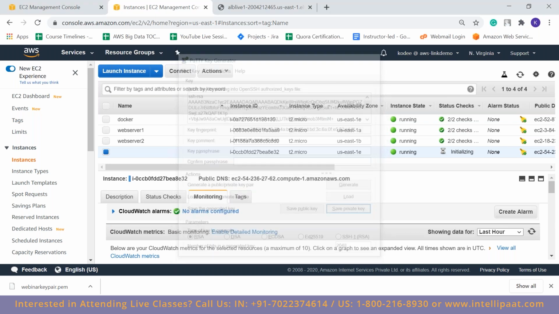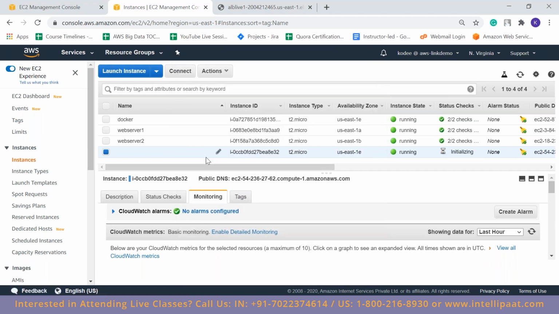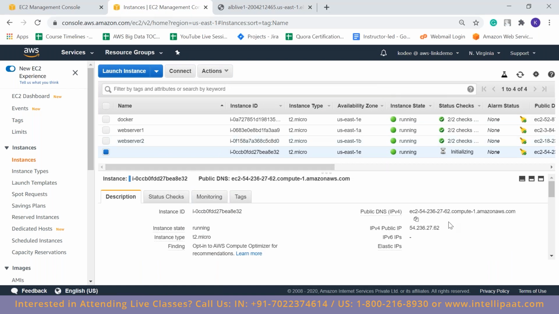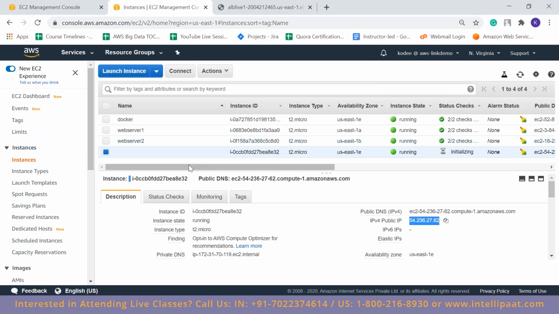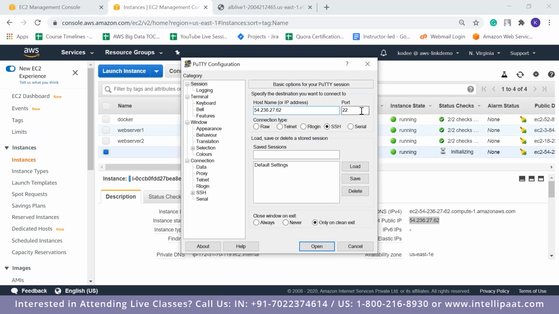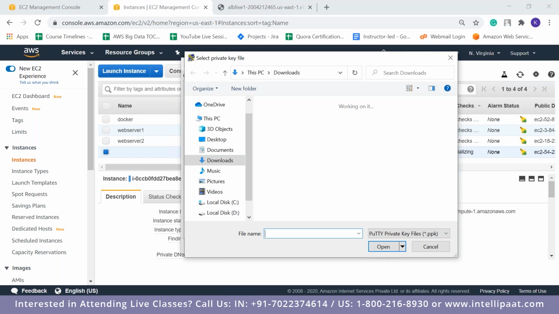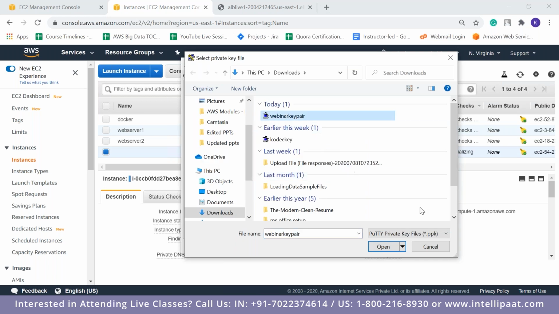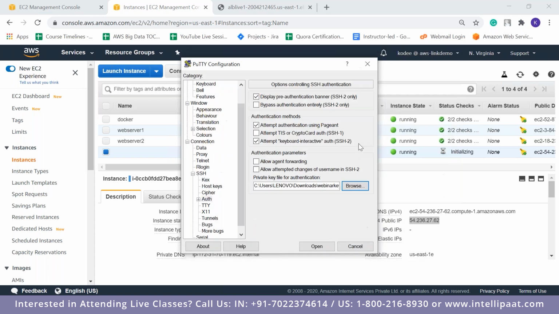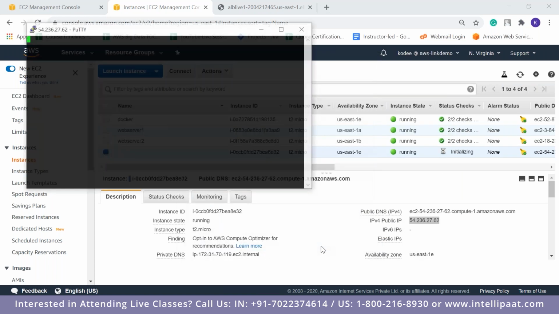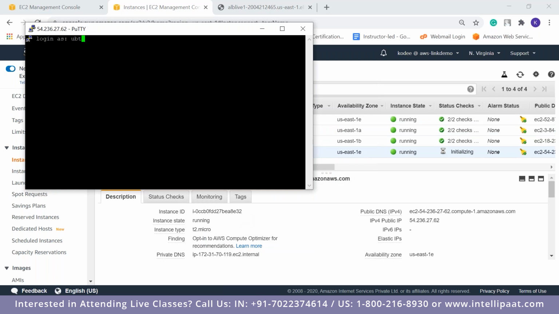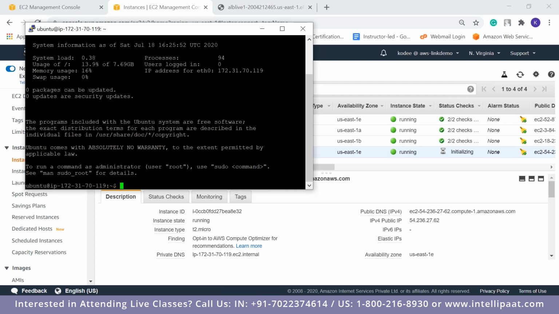Done. So this is how you create a key. Now let me show you the same thing. Right now I'll open this instance with the key pair which I created just now, because that is the key pair associated with this instance. Hostname, port number, same steps, SSH, authentication, browse, and webinar key pair, which is converted to a .ppk file. Hit enter, click on open, and done. So this is how you create a key pair and use it to decrypt your instance and open it.